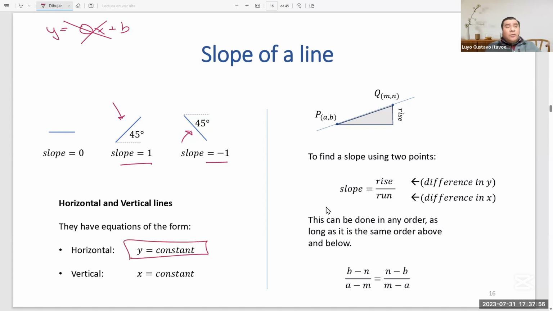And on the contrary, if you have a totally vertical line, forget about the slope. The slope is not defined for a vertical line. In the case of a vertical line, this is the equation of the line: x equals a constant value. Example, you have this